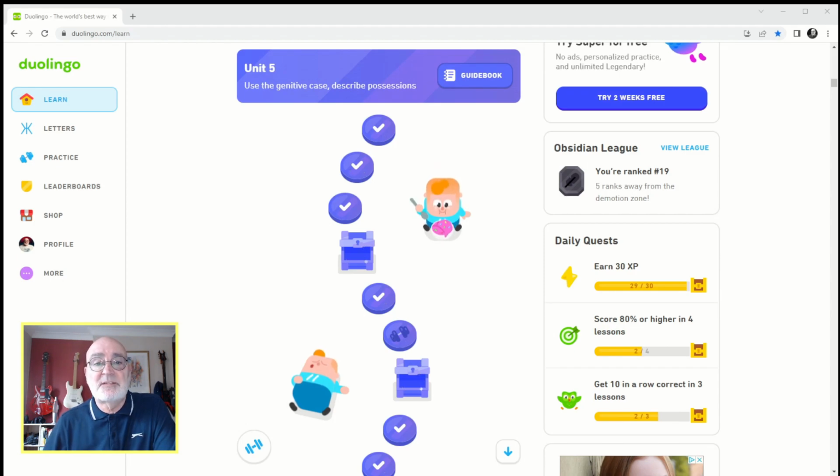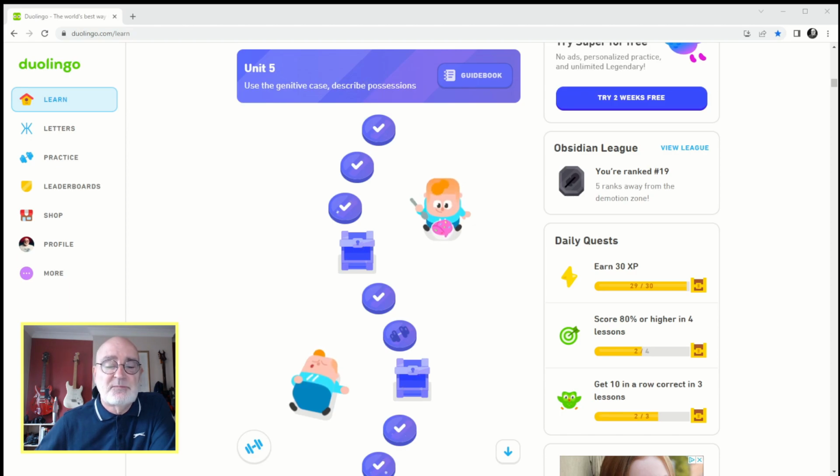Okay, so we're back to unit 5. Each unit consists of a number of exercises, generally around 8 to 9 exercises per unit. If I just show you here, we have a link to a guidebook. To be honest, certainly on the mobile app, it's a guide page, and basically what it does is list some of the types of questions that you're going to come across